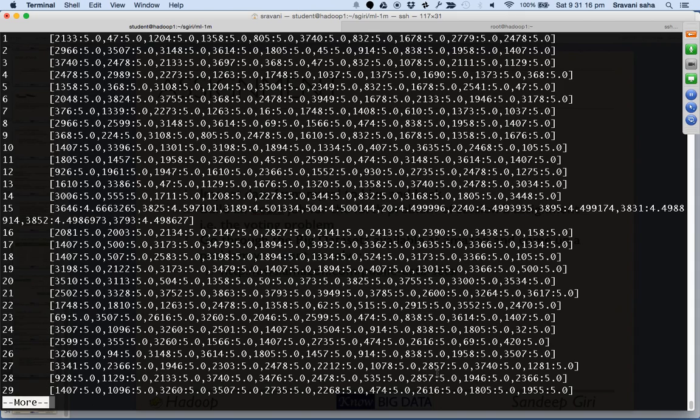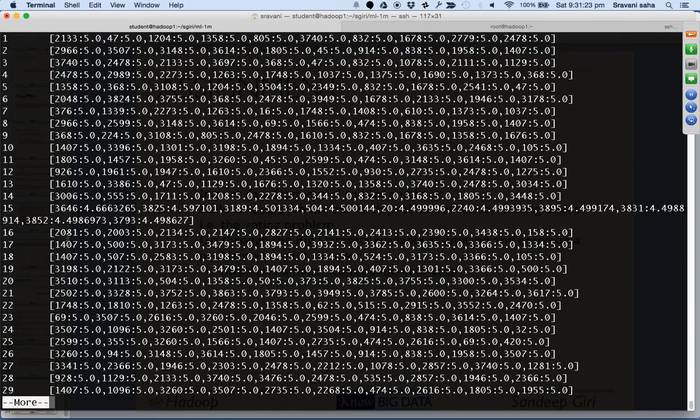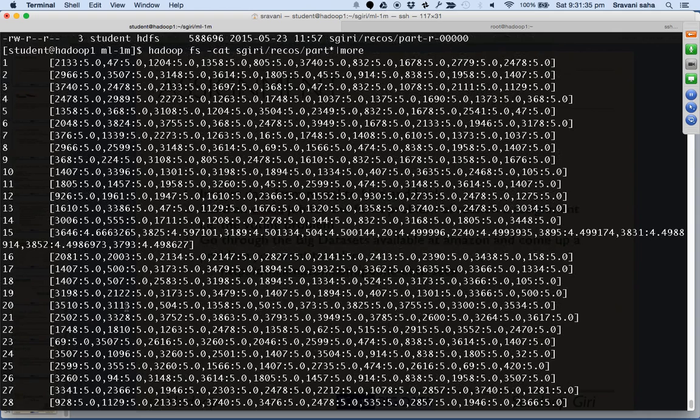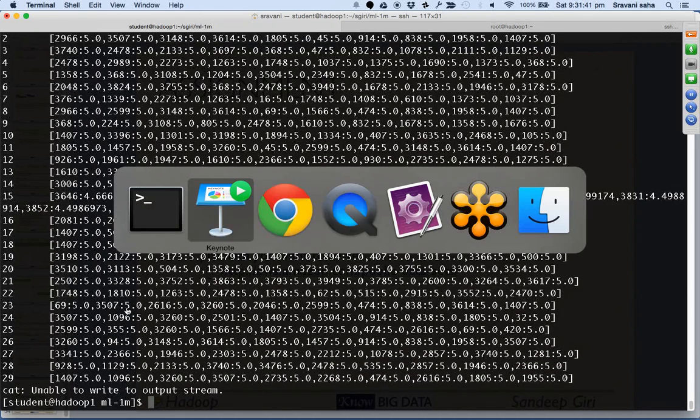It has generated all the recommendations and we have the results. If you want, you can go into more details. Right now it gives the top 20 recommendations, and you can configure that part. Anyway, going back to our Spark discussion,